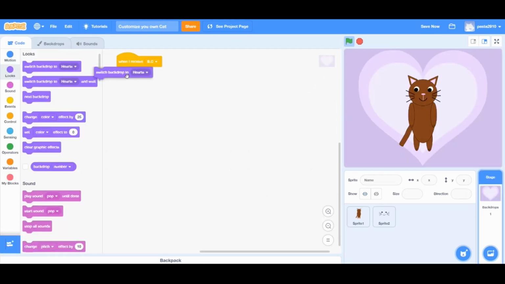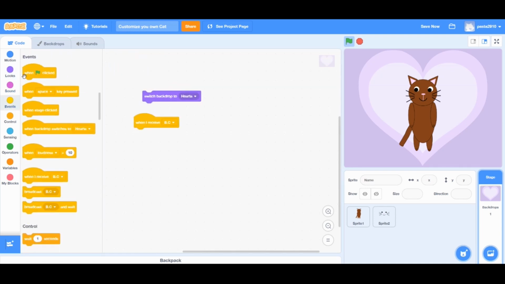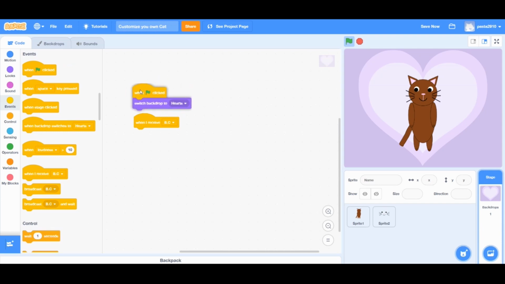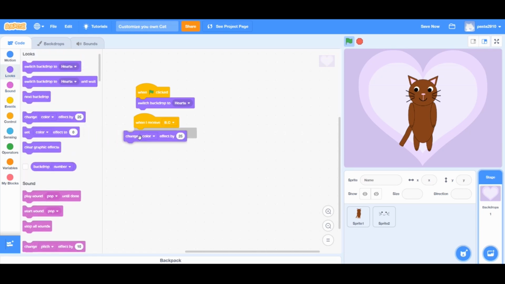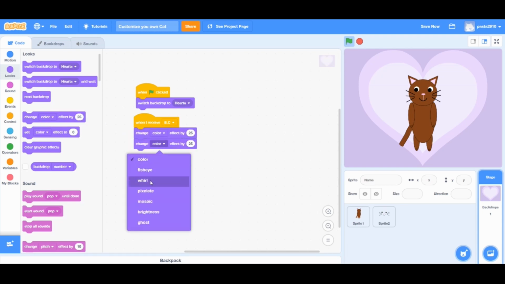And then I'll choose when I receive BC, and from looks, switch backdrop to hearts. Now I'm going to go to events again and choose when green flag click, and put the switch backdrop to hearts under the when green flag click, and go to looks and choose change color effect by 25 and put it under the BC, and then set go to X 134 and Y negative 131, and a hide